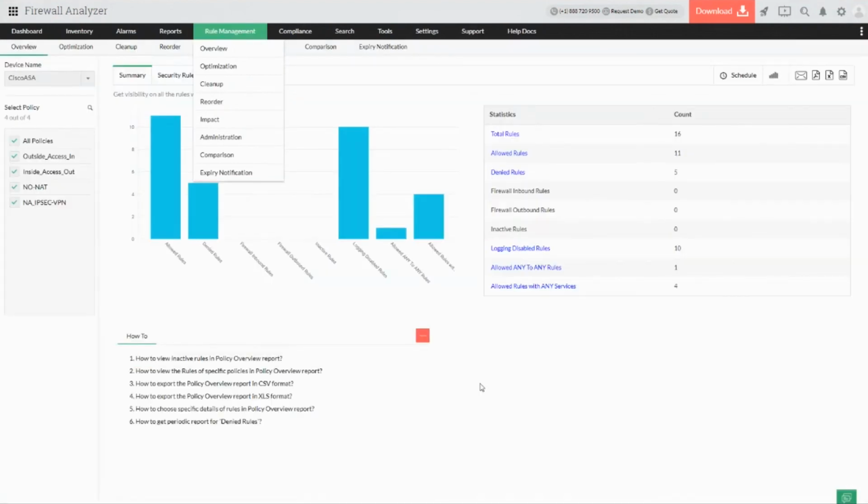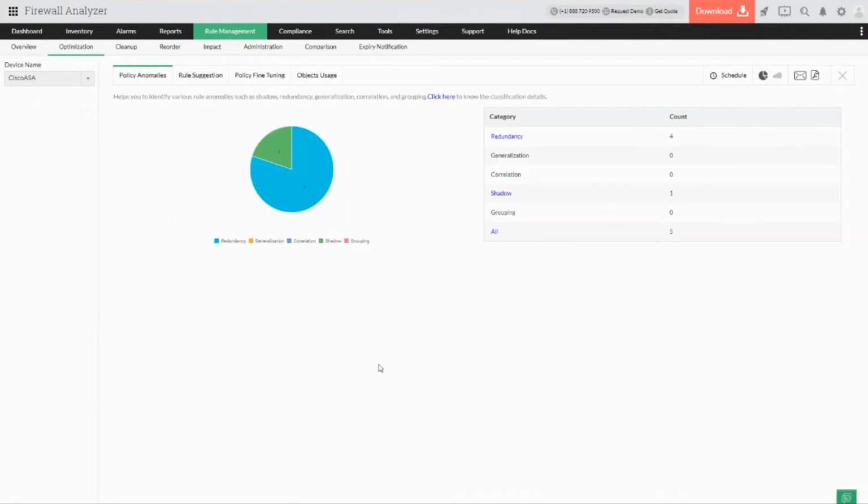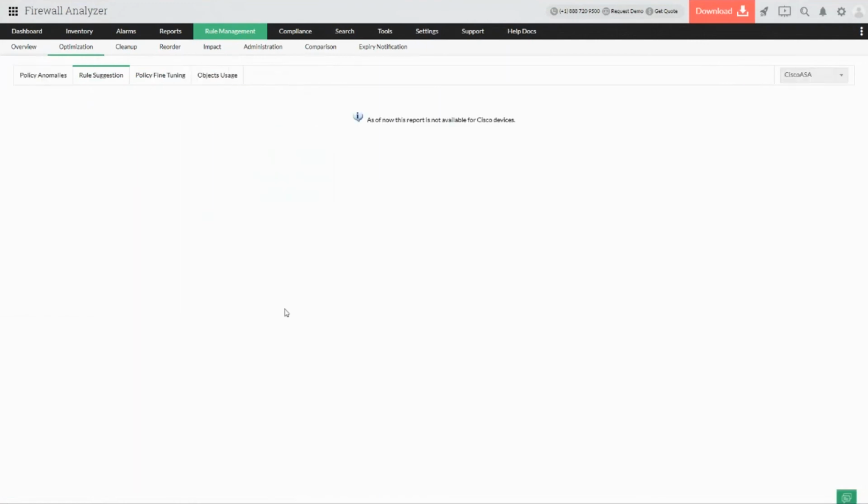And likewise, inside Firewall Log Analyzer, you have a better picture on managing your rules. For example, I want to optimize the rules which I've already configured, and I want to see how the product can help with that. For example, if I want to know how the optimization of the rules can be performed, the rule suggestion tab is going to give you a picture on how things can happen. For example, for the Sony firewall, the rule suggestion shows if certain changes have to be performed, how it can be done, policy fine tuning, which policy has to be changed at what particular time and how.